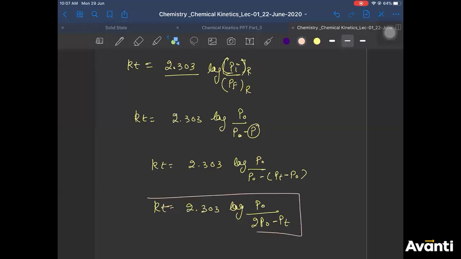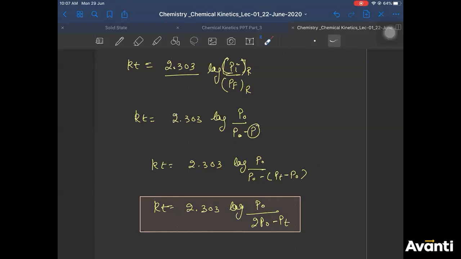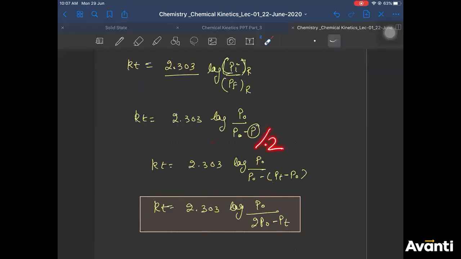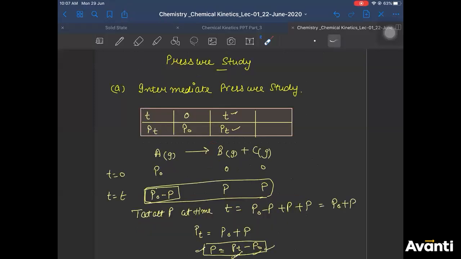So now the question is, sir, shall we remember this as a formula? Answer is no. You should not remember this as a formula. You should derive it in the exam. Why? If it was 2B here, you will get 2P here, then you'll get by 2 here, correct? That means your final expression will have 2P naught. So do not learn this expression by heart, just learn how to derive it. For every different stoichiometry, your answer will be different. Please check this case again. If there is any doubt, please ask.